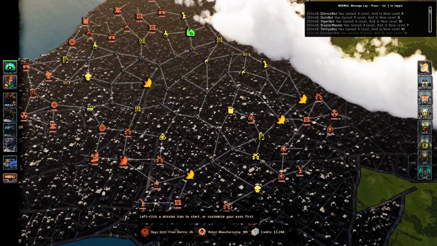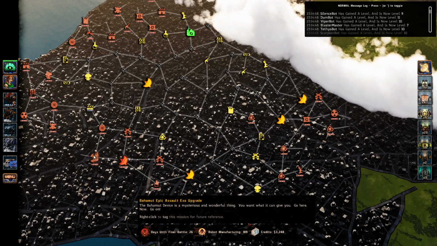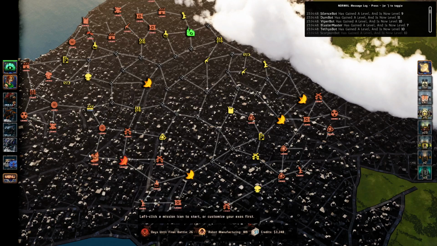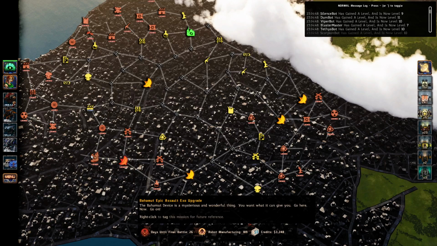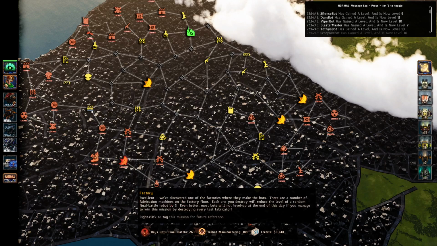Welcome back to Bionic Dues, where we spent yet another episode with a short mission and a long item sorting and respecking, exo respecking aftermath. We've got the factory up next, but I also noticed that we just uncovered the epic assault exo upgrade, which is upcoming, which is great. That is something I was hoping to see soon, so good to know we are on the right